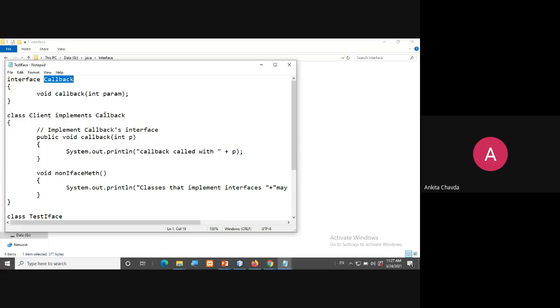We need to give a definition for this method compulsorily. So I write public void callback with an integer parameter, and I print that the callback was called with this parameter, which is of integer type.